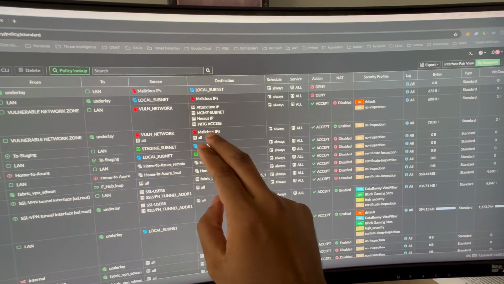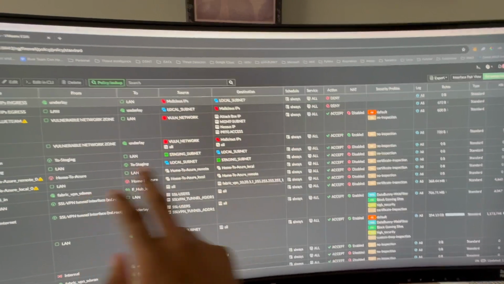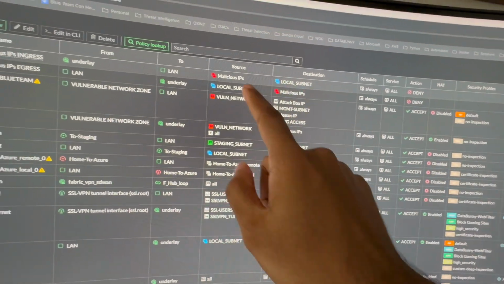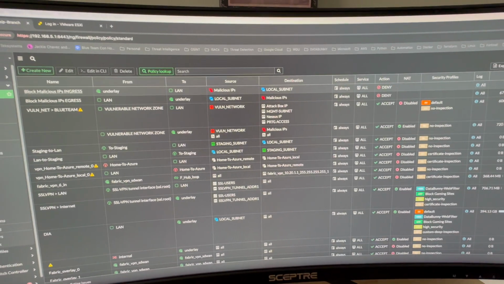All the traffic is only going through the IPs that are malicious, and it's going back and forth. But all the malicious IPs will not be able to reach my other networks. So I guess you can call this sort of a sinkhole,